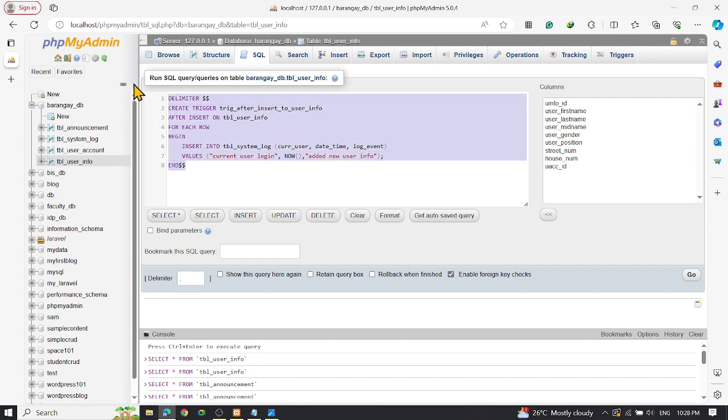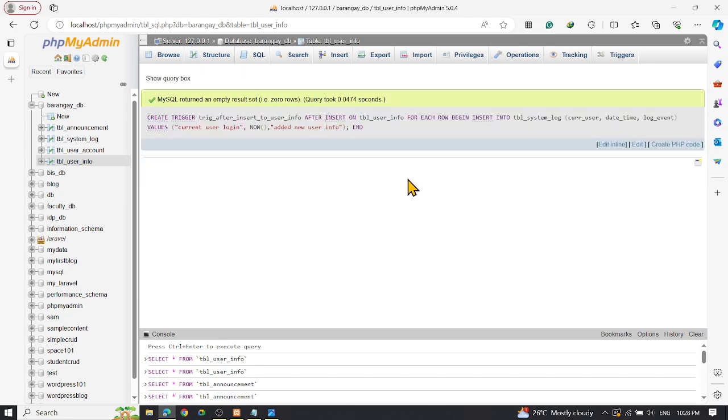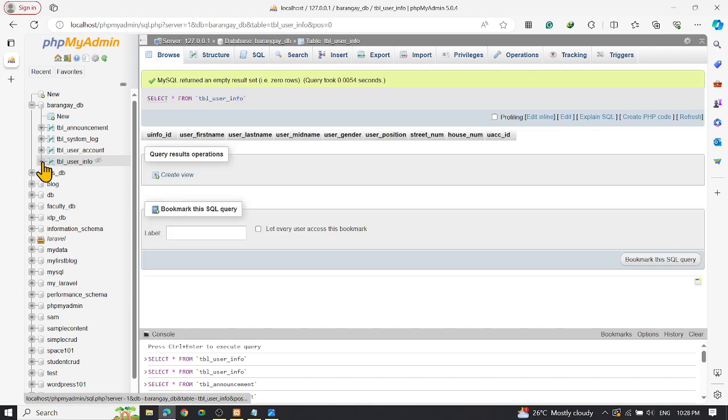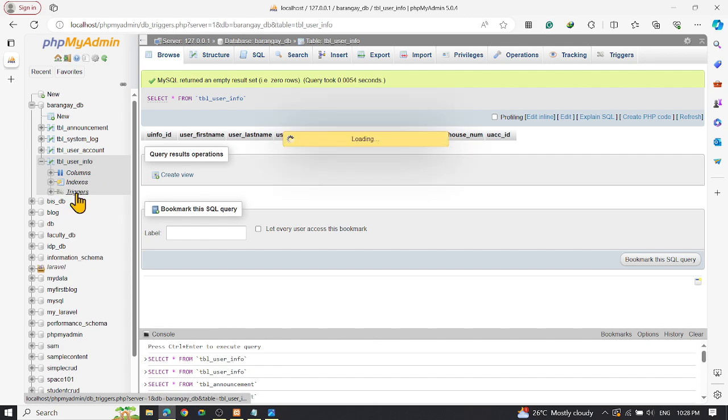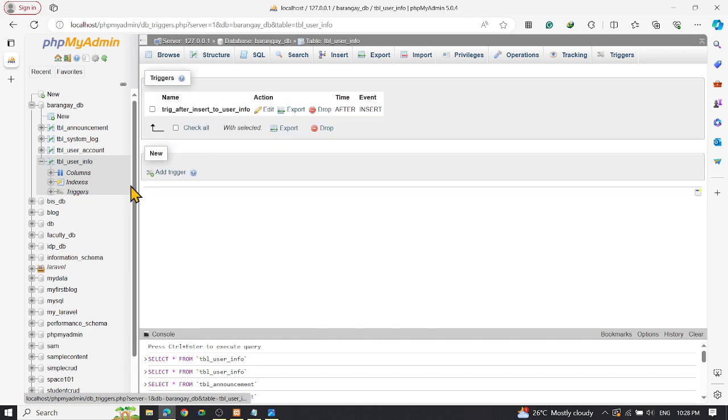So let's now try to, I will copy it first. So let's now try to run this. Let's go. Okay, so yeah, as you can see, we have our trigger. If I go to this user info and I click this plus sign, we have here the triggers. If we click this, you will see this. The name of our trigger is trig after insert to user info. So whenever we insert data here to our user info,